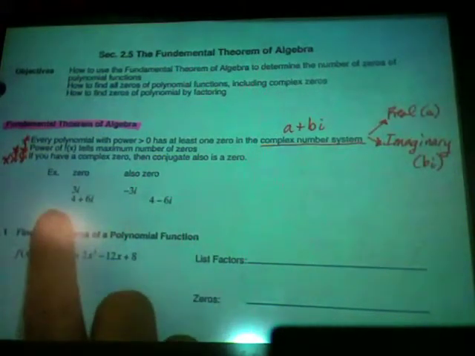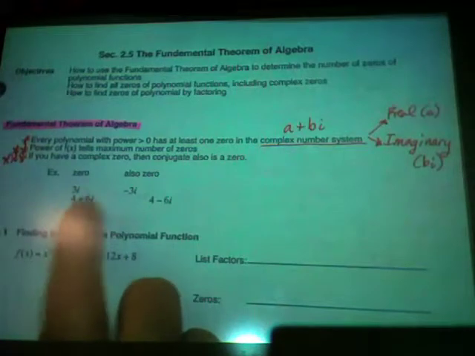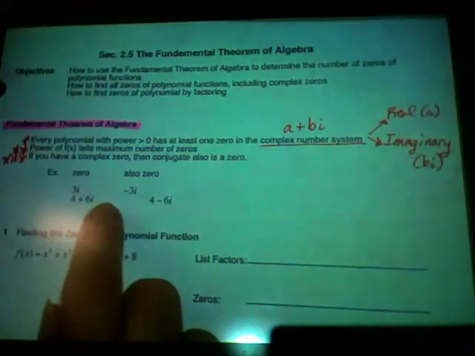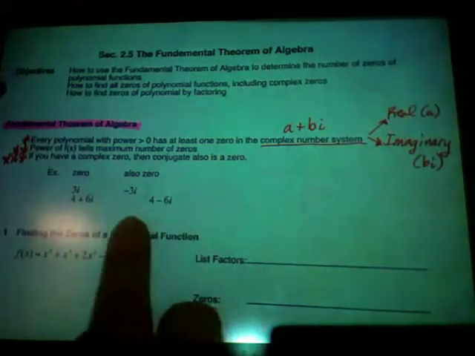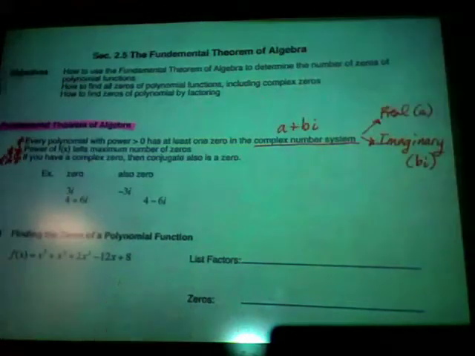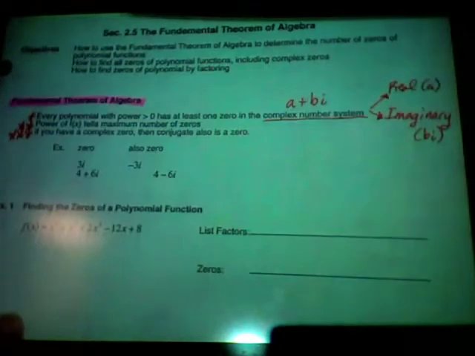This would be X minus, and then you have to put all that in parentheses, 4 plus 6i. Then you have to distribute the negative and write what you have left. And this would be 4 minus, and then all of that in parentheses, 4 minus 6i. So we'll work on that a little bit. All right, so